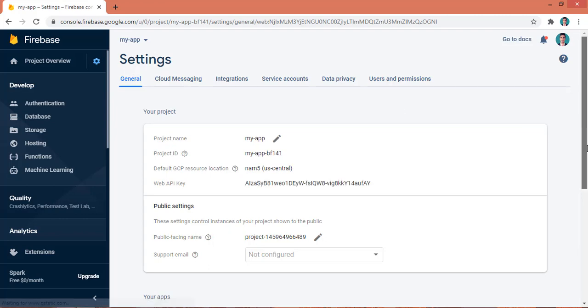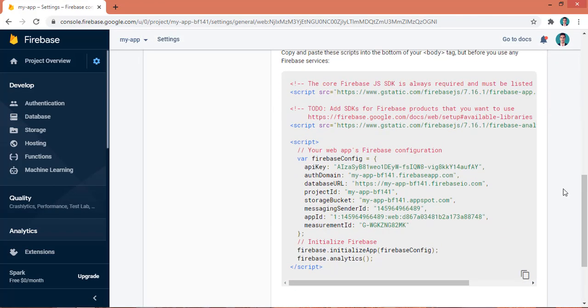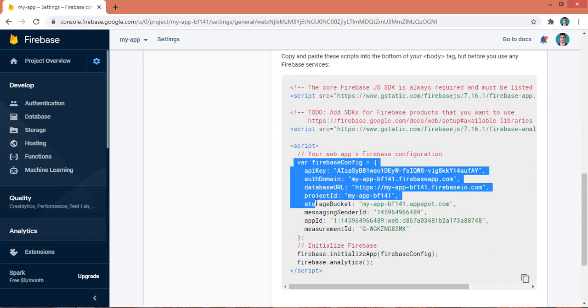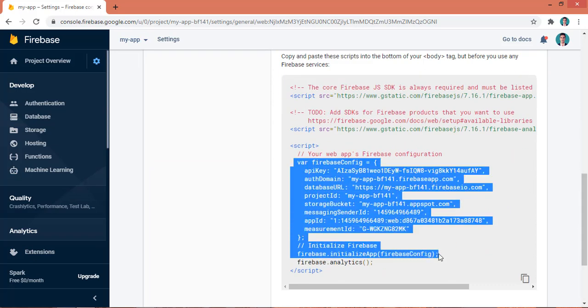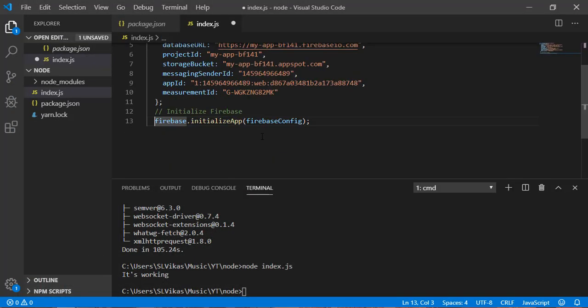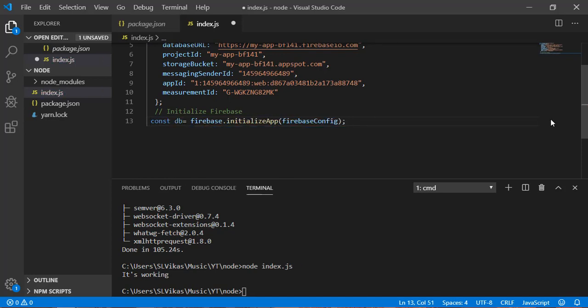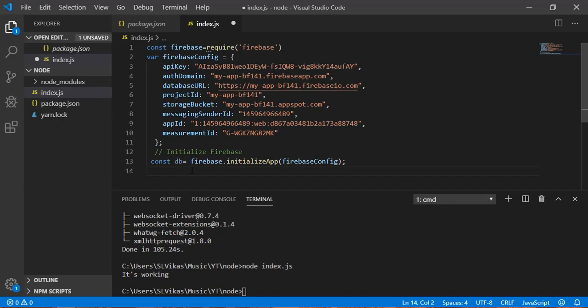Now scroll down and you will get this configuration. You have to copy this config from up to here. Copy this and paste it inside this file. Now I can store it inside a DB, so const db equals this. Now our application is connected with the Firebase database.